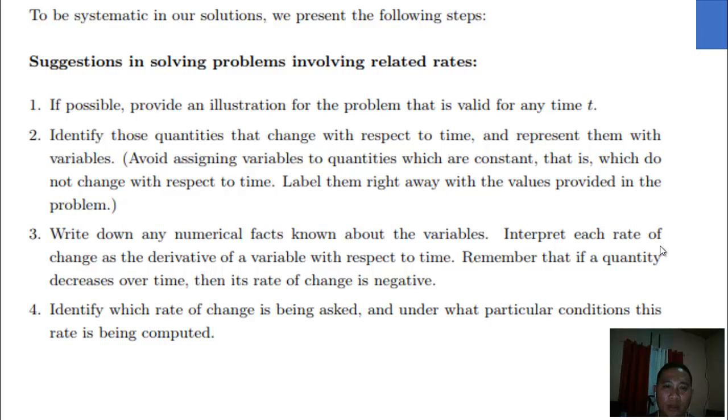Write down any numerical facts about the variables. Interpret its rate of change as the derivative of the variable with respect to time. Remember that if a quantity decreases over time, the rate of change is negative. The number 4, you have to identify which rate of change is being asked and under what particular conditions this